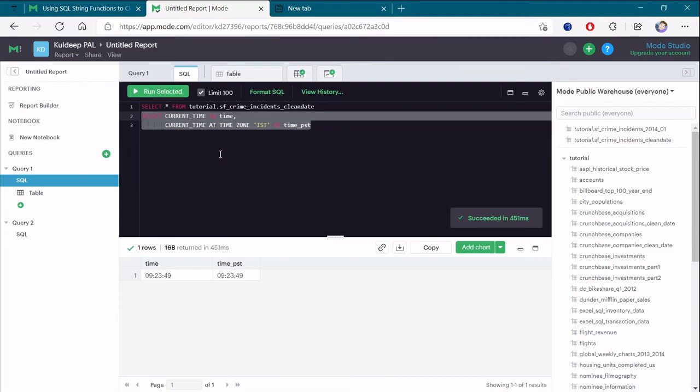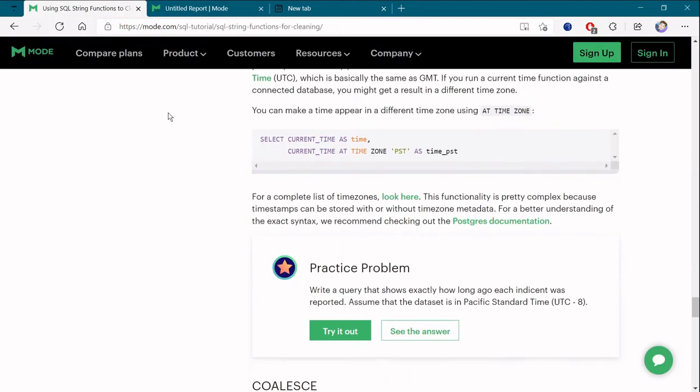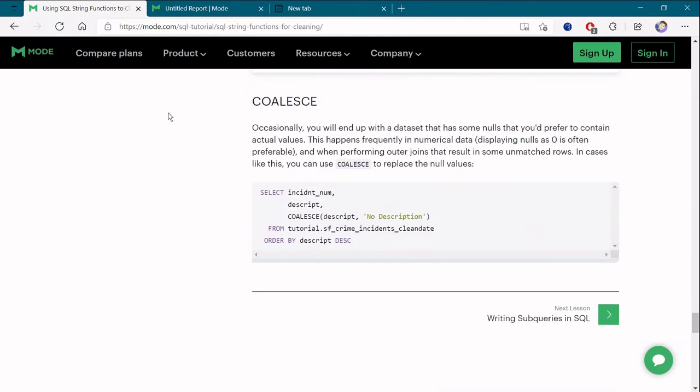Okay. Oh, both are having the same time. IST is also having the same time. I am not sure, it's not 9:23 here. What time it is showing, I am not sure why. But hope it works on your cloud, AWS, Redshift, or whatever system you are using. It will directly use that system.